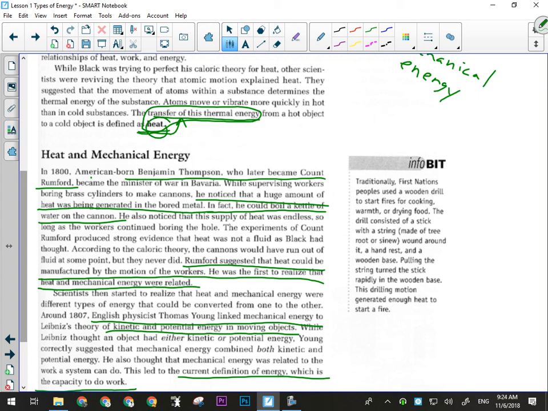Now Count Rumford, Benjamin Thompson, is essentially going to be given credit here for the invention of the coffee break, because his workers would put tea kettles on top of the lump of iron or whatever metal they were boring out. They would put a tea kettle on there and start boring it out. And after a while, the tea kettle would boil. Just from the friction. From them boring out this lump of metal with a big drill, there would be enough heat generated from the mechanical energy they were putting in that it could boil a tea kettle, which meant you didn't want to do this during your coffee break